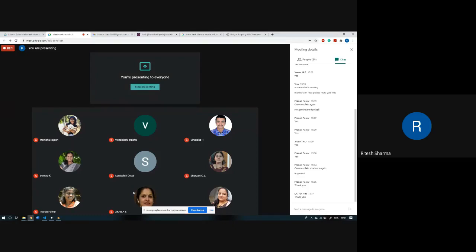For example, instead of a football, you want a cricket ball, or a bat, or any other 3D model. If it is available on that website, it will give you the option for downloading it. Some of them are paid, some are free. But it should be 3D. That's the bottom line. Yeah, thanks, Ritesh.